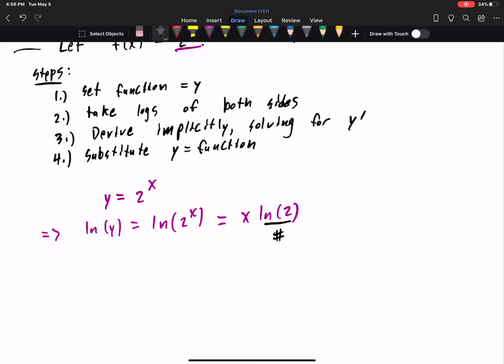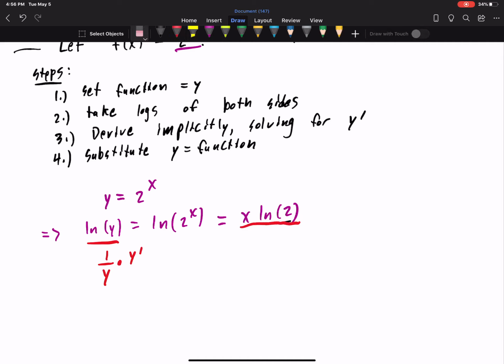So we're now on step 3. Deriving the left-hand side. So the derivative of natural log is always going to be 1 over the thing on the inside times the derivative of the thing on the inside, the y. So we have y prime over y. That's the left-hand side. The right-hand side, which is this lovely thing,